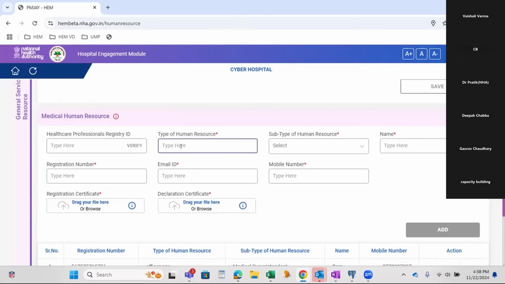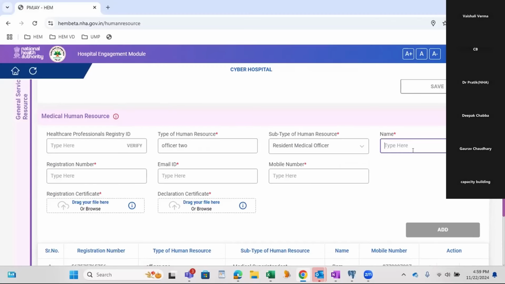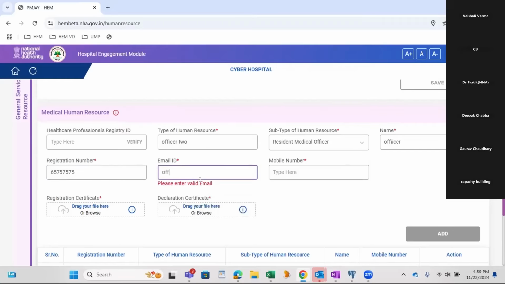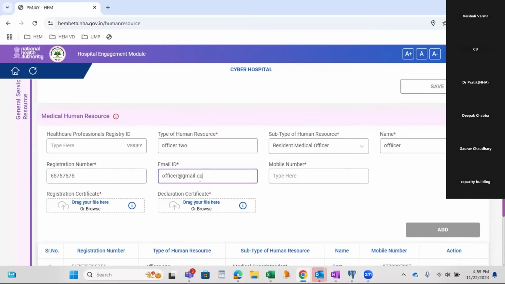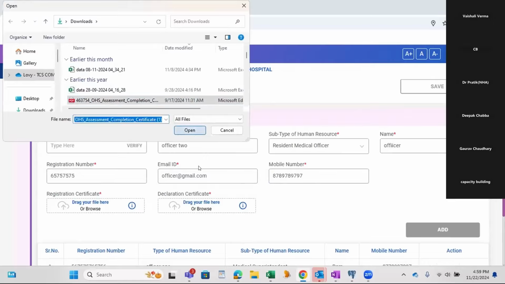So we will make another entry for the resident medical officer, and then attach the certificate for this officer as well.